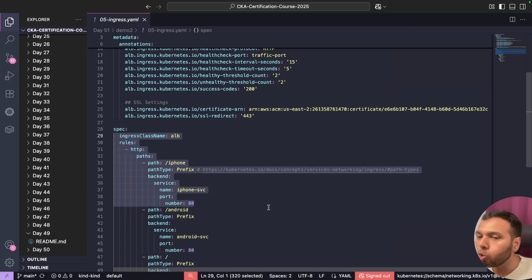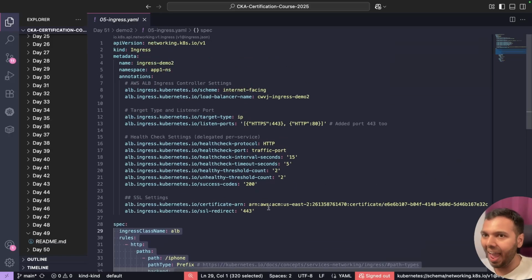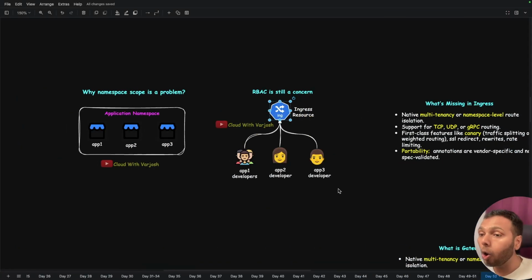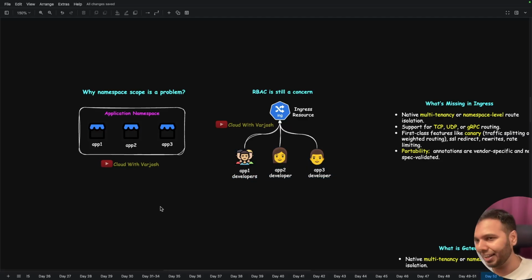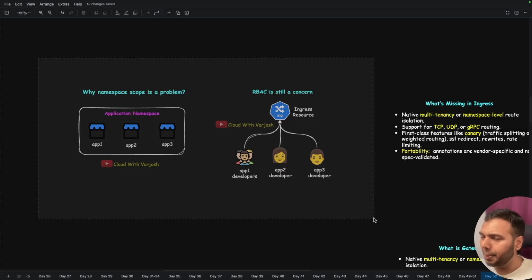I cannot do that. I have to give access to the entire Ingress resource to all the developers that belong to app 1, app 2 and app 3. This is not something we want. Again, let me tell you one thing, one very interesting thing. Both these limitations,